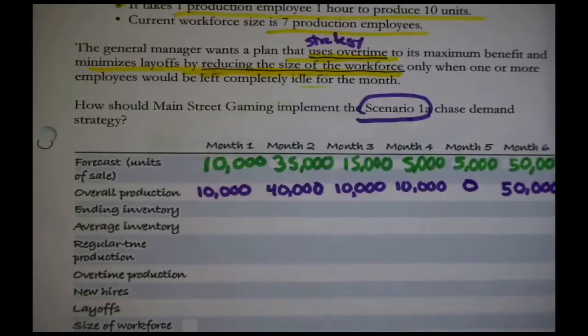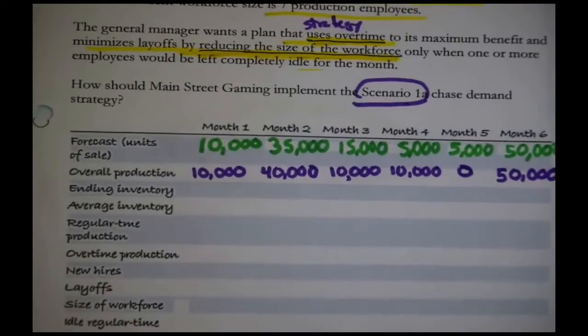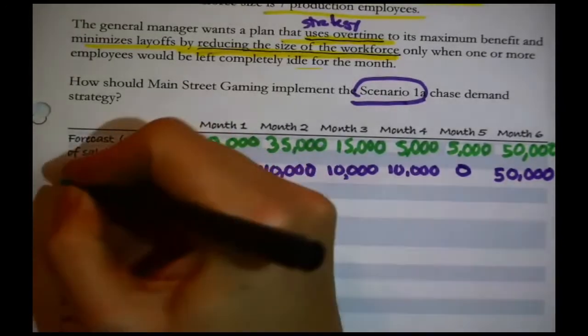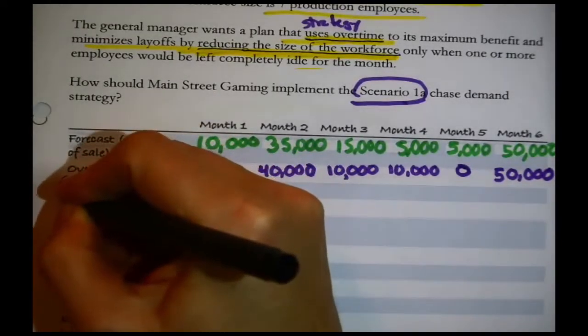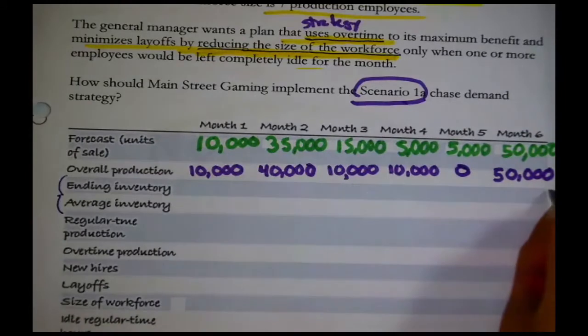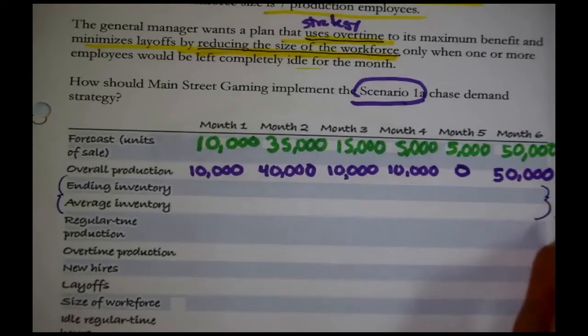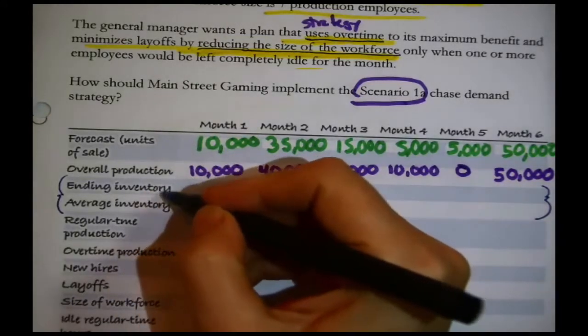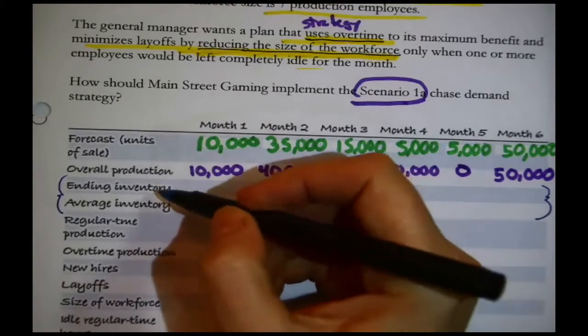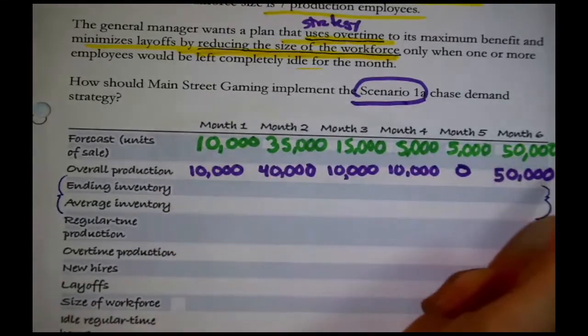Let's look at the first month. In the first month, we don't really need to know the various inventory levels to do the implementation scheme that the general manager is asking for, but that might be helpful to comment on this whole scheme later.